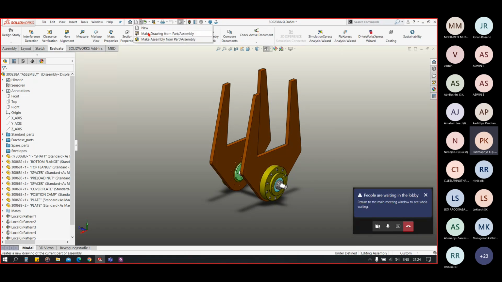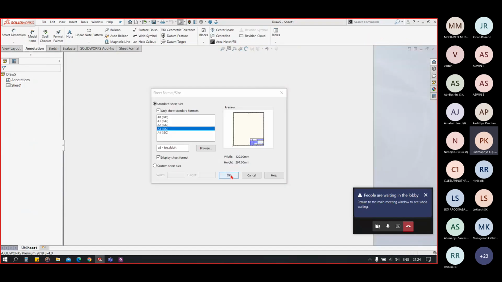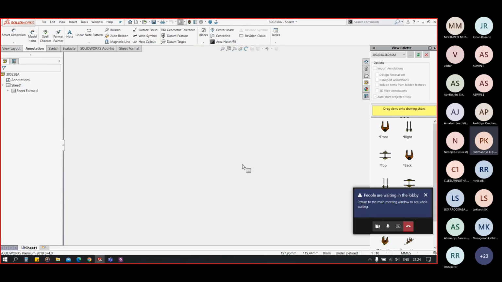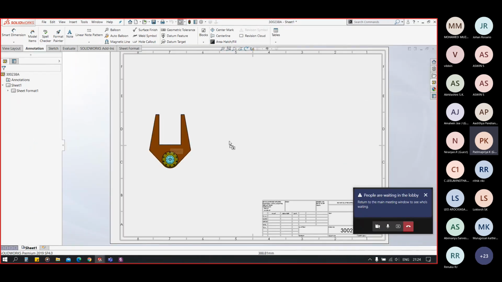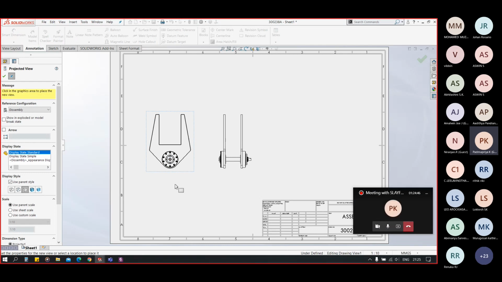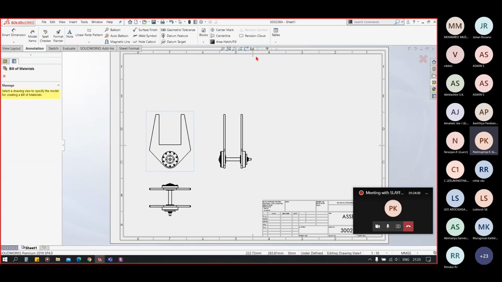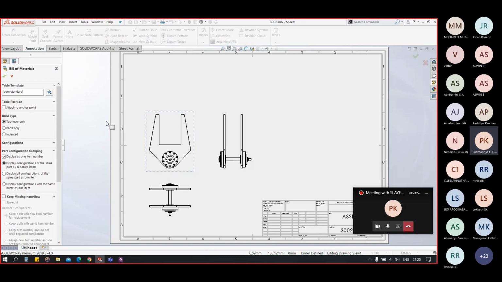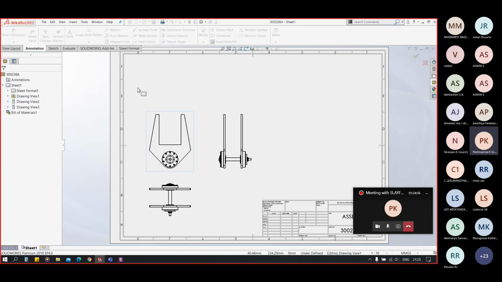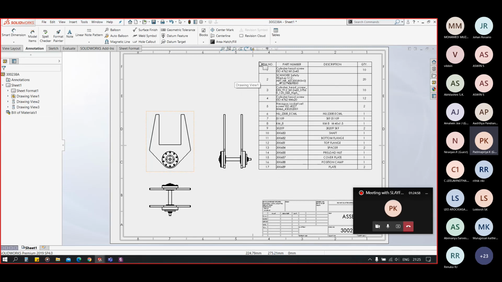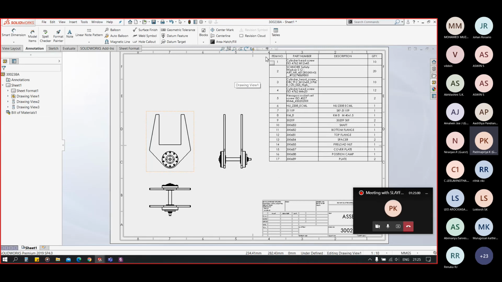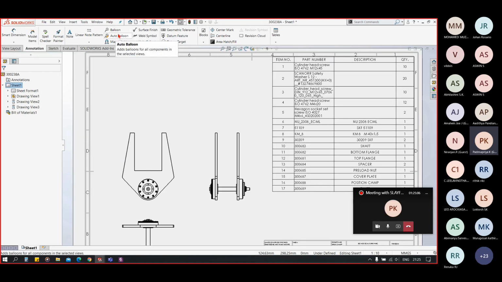So when I go to drawing, place the views, I select the bill of material and select any one of the views, click on OK. Now you can see this is a bill of material, and again we can have our balloons here.